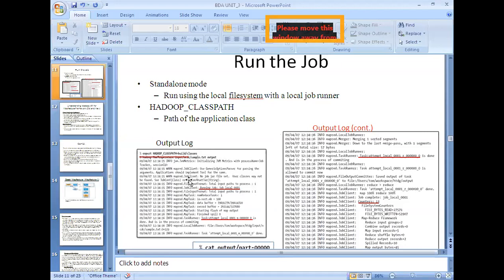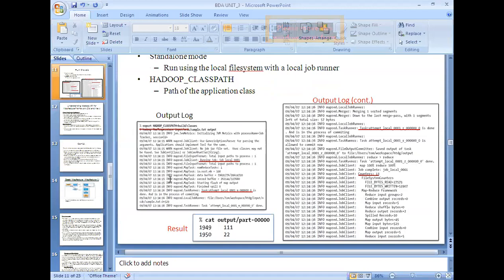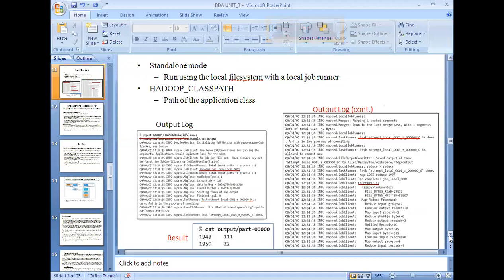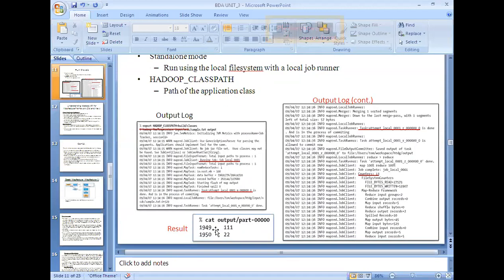So if you run your program by following the commands which we have discussed in the previous classes, this is the output that was generated. Now if you want to see the output, you just run the command cat output part of 00. It will display the information like this. Don't worry, we will execute all these programs in our lab, so you will get some clarity regarding what exactly all these things are.